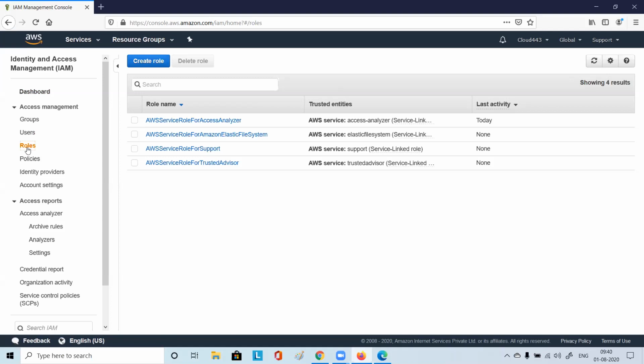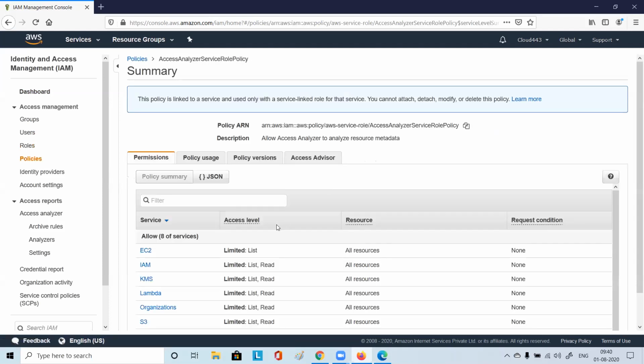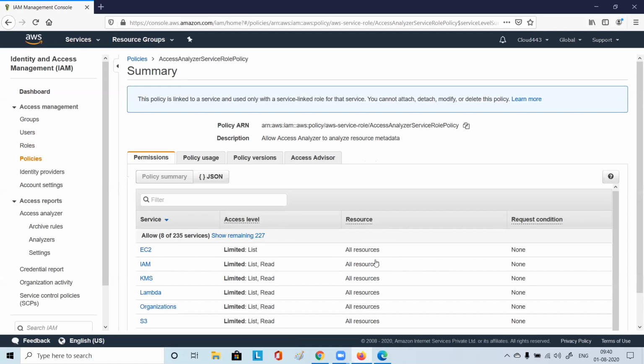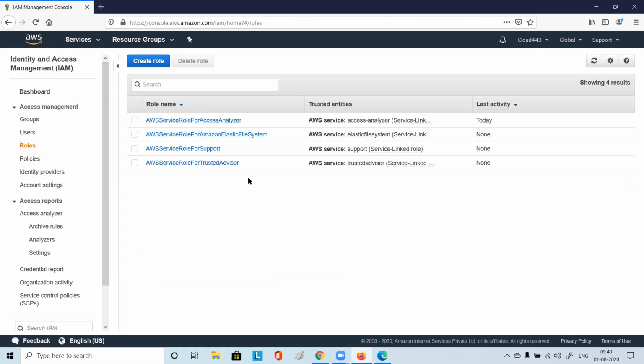You see one role, AWS service role for access analyzer. So this has done something today, no, it has accessed. I have not accessed, it is the first time I am logging in today. But I had authorized the access analyzer to check how much expenses I may be incurring. So some kind of service analyzer has checked resources, IAM related and KMS related. So the role would be doing things on behalf of me.